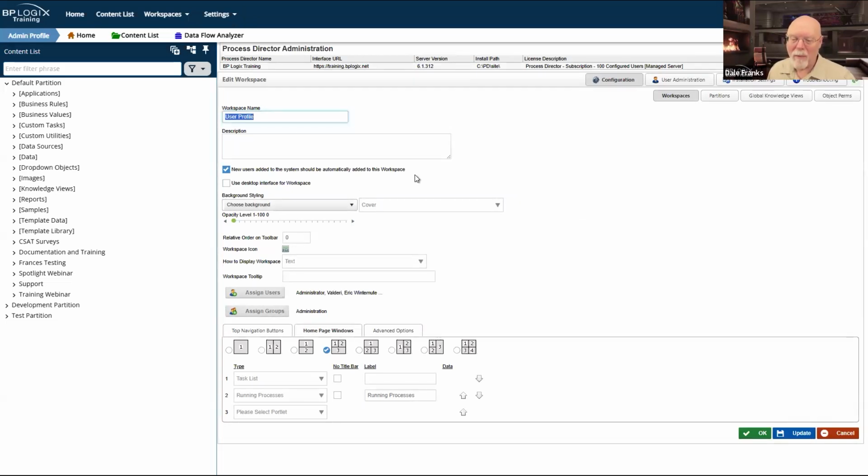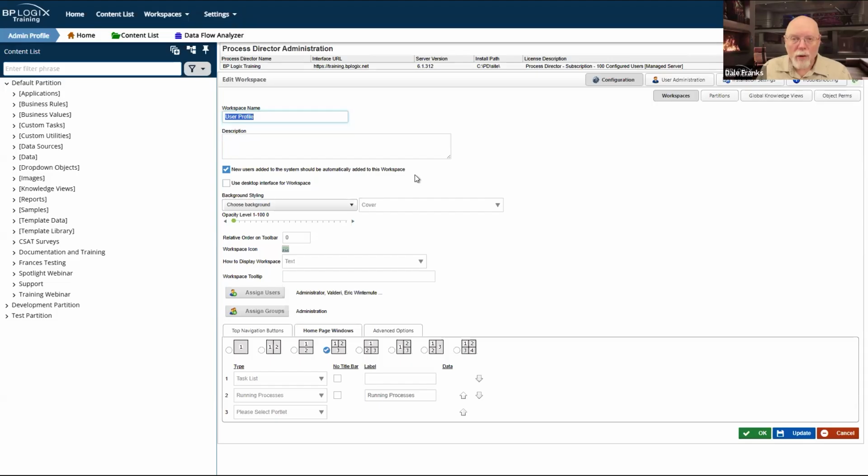I wouldn't recommend that. Although there's really no problem. I mean, you don't really have to copy this workspace and edit the copy. You can feel free to edit the user profile workspace. I mean, it's just a workspace. It doesn't have any special sauce to it. There's nothing you have to worry about breaking.